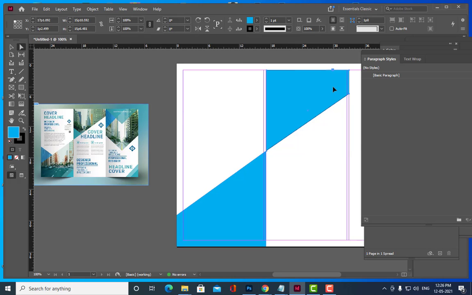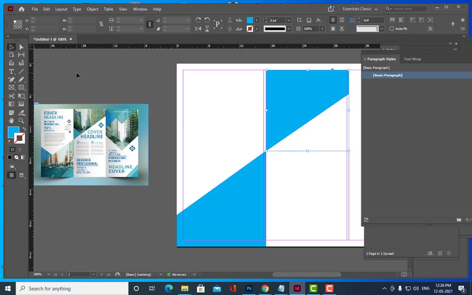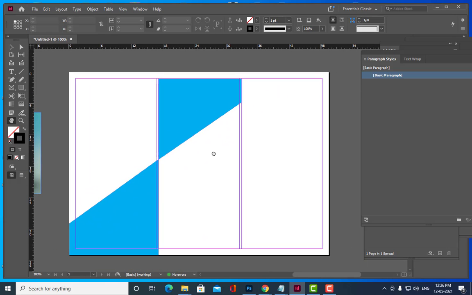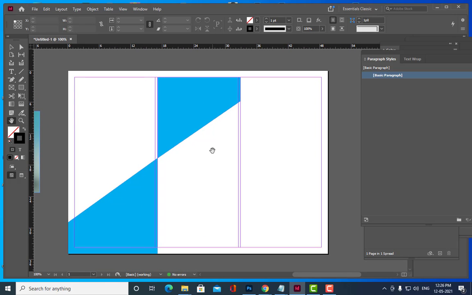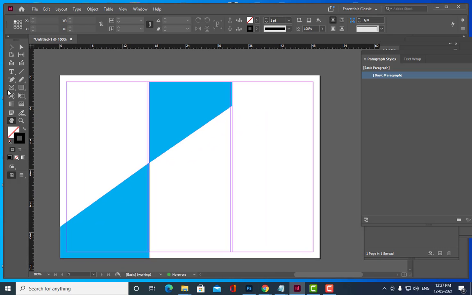Corel Draw and Illustrator. You can open an Illustrator file in InDesign. Okay, but you cannot open Corel Draw. Corel Draw is a different company, but you can open Illustrator. Okay, like this, we have created like this. PDF files can you open, sir? PDF you can open actually. CDR, Corel Draw? No, CDR you cannot open, because Corel Draw is a different company. Corel Draw has no connection with Photoshop or InDesign or Illustrator.